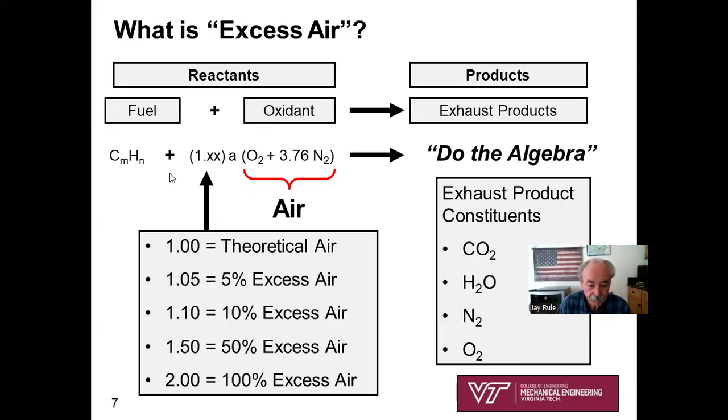Now, if your factor here is 1.05, that represents 5% excess air. 1.1, that's 10% excess air. 1.5, that's 50% excess air. That might be something like a bonfire burning in your backyard. Or even if you go all the way up to 2.00, instead of 1.XX, you've got 100% excess